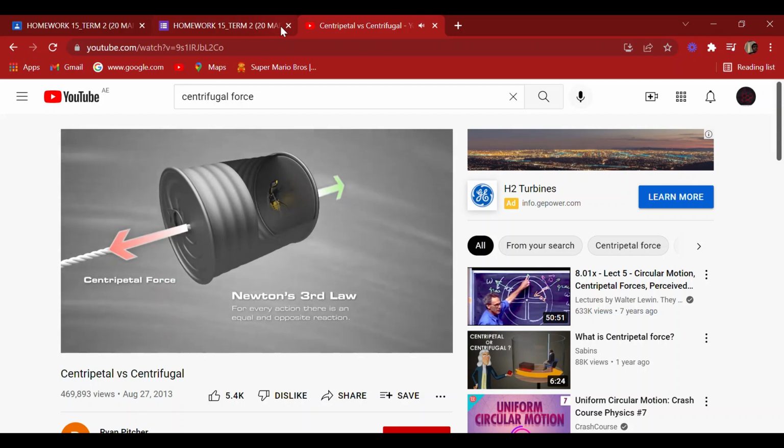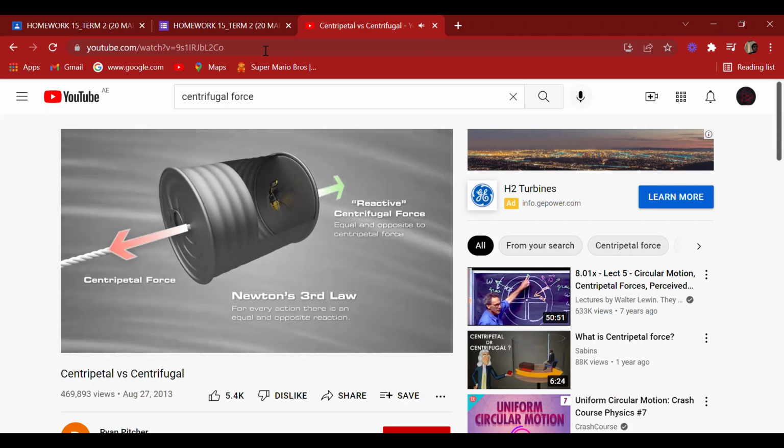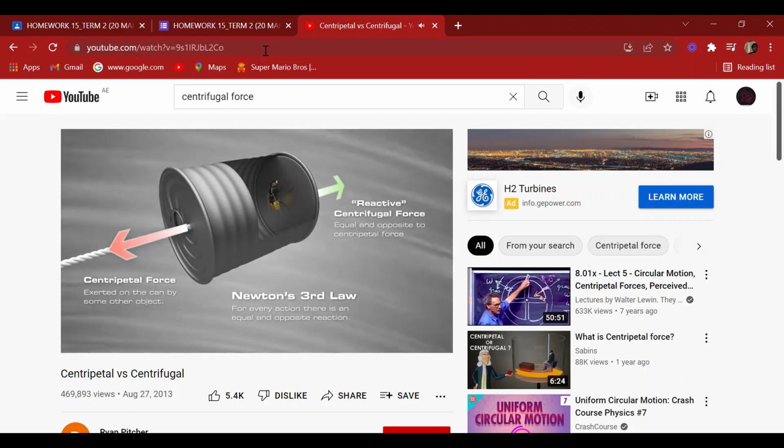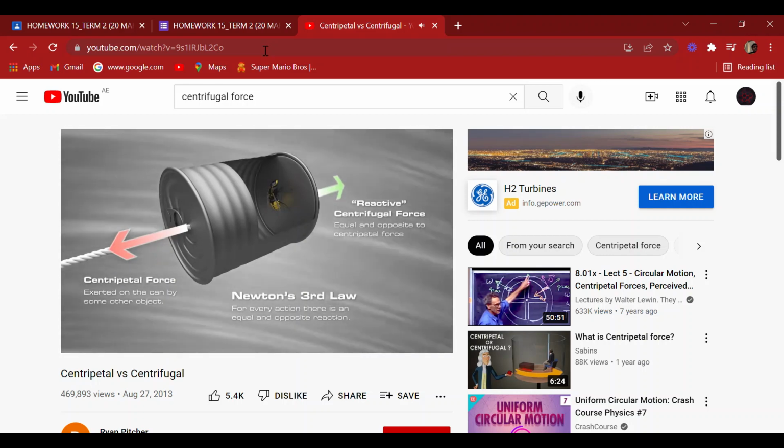This center-fleeing force is known as the centrifugal force. The reactive centrifugal force is the reaction force to a centripetal force. The can, undergoing curved motion, constantly accelerates toward the axis of rotation. This centripetal acceleration is provided by a centripetal force, which is exerted on the can by some other object. This is the reactive centrifugal force. It is directed away from the center of rotation and is exerted by the rotating can on the object that